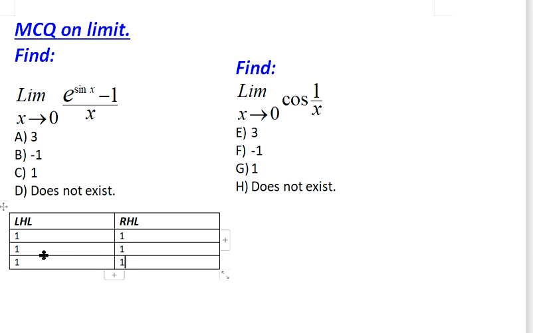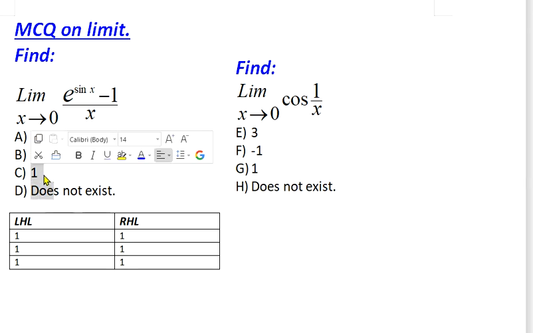They are converging to a single point 1. That means the limiting value of this function when x approaches 0 is just 1, because all the limiting values are approaching a single point 1, so the limiting value of this function is just 1. So the option C is the correct answer for this question.